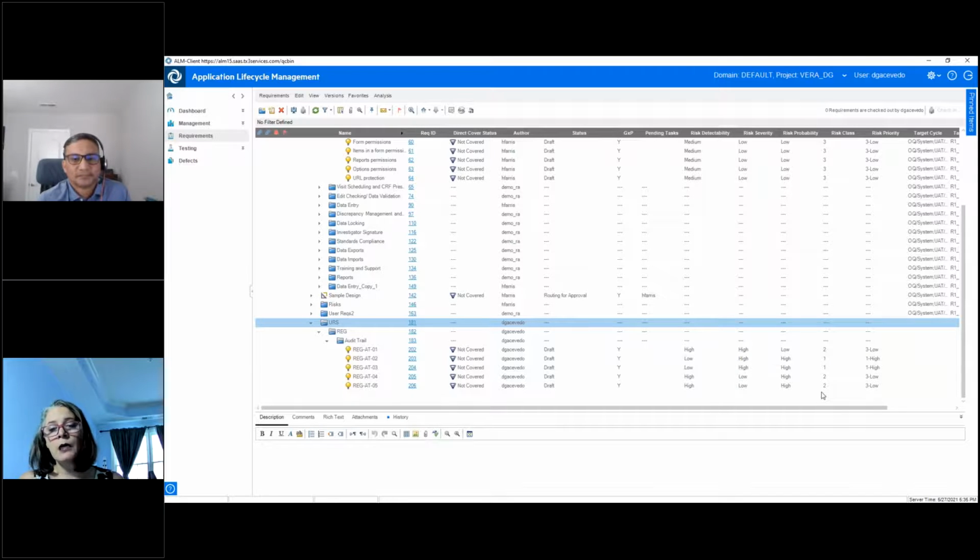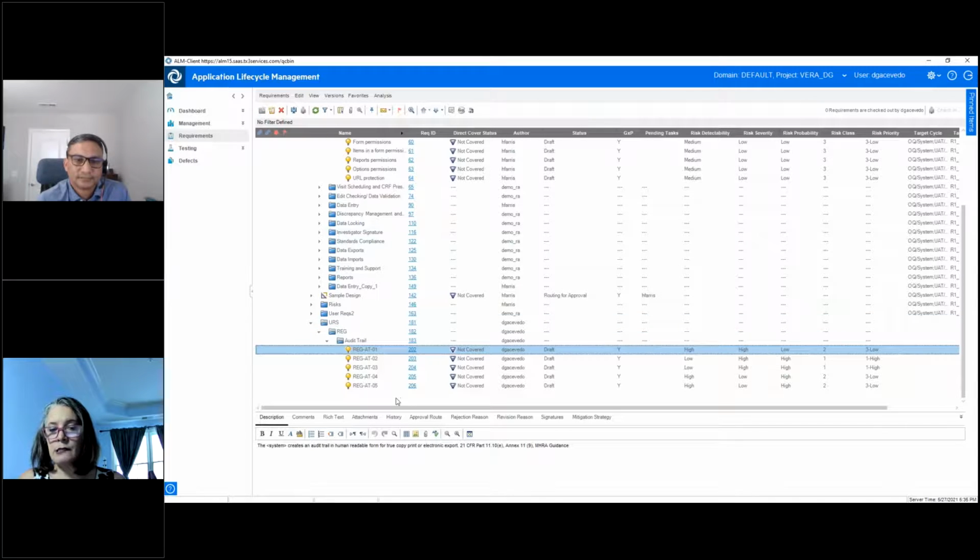So now I have draft requirements in here, and I've organized them with my team. I'm confident of what they should be in terms of their risk scenarios, as well as their descriptions, etc. And now I can go about the process of reviewing and approving these. And so to do that with VERA, it's really very simple. You can do it on an individual by individual basis by selecting the entity you want and clicking your VERA Action Go button. The VERA Action menu will appear,